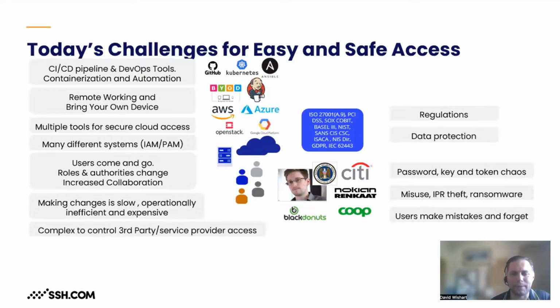So a very simple example of something that's very important within a CI/CD pipeline is developer access to code repositories. So let's say code repositories in Git. And how is that access most often controlled? So it's typically accessed via SSH keys.